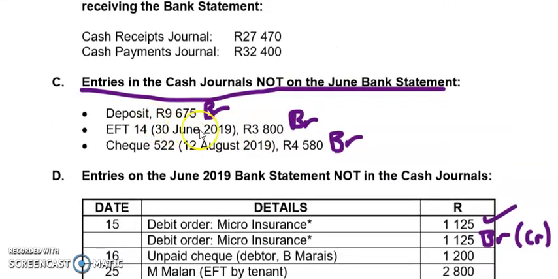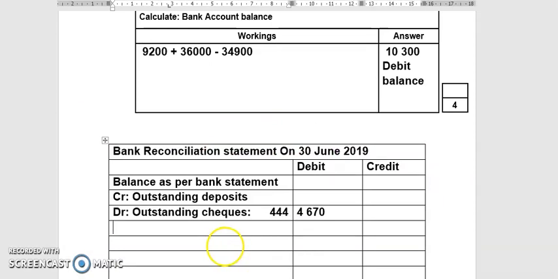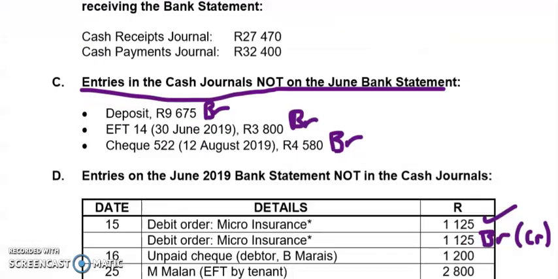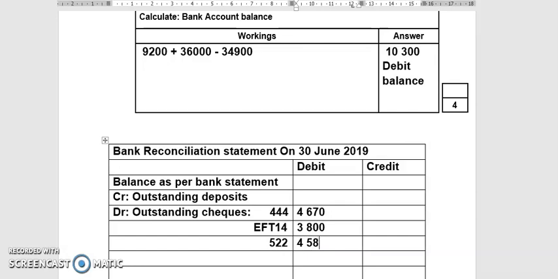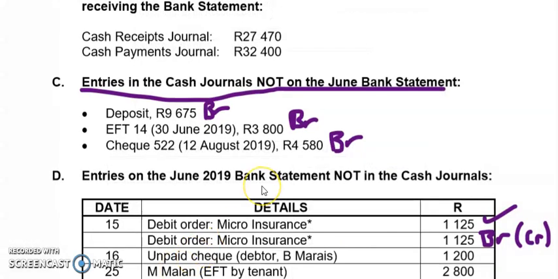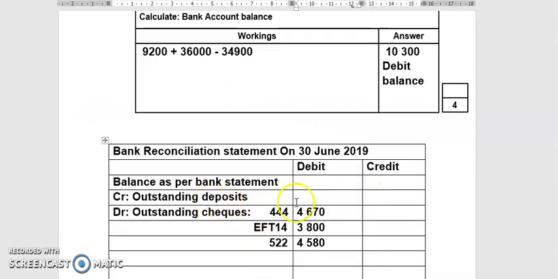And then there are more checks that I did see that's going to appear. There's this EFT 14, 3,800. And try and go as quick as possible. EFT 14. And the amount was 3,800. And then there was check 522. You can just put 522, it doesn't really matter. 522. And the amount there is 4580. And then so I've done that. No, there's a deposit 9675. Outstanding deposits are credited